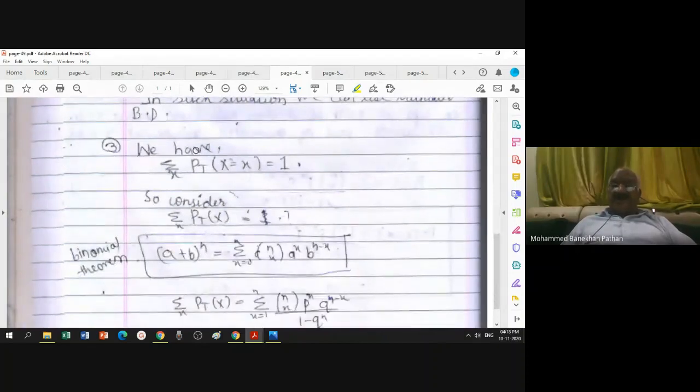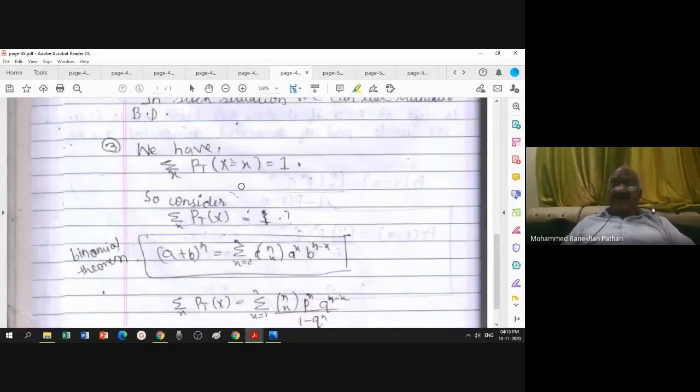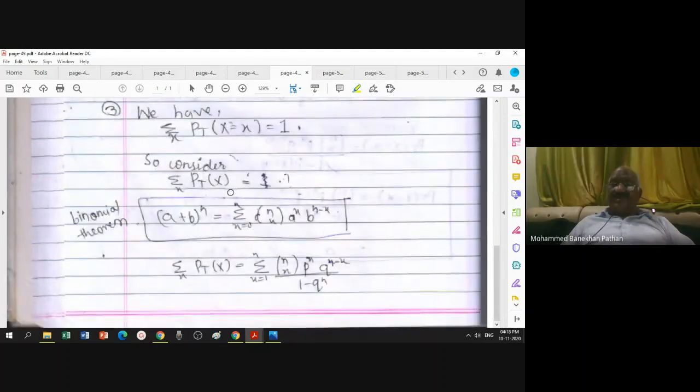Now the third remark is: can I say the function which I defined is a PMF or not? When will it be a PMF? If the total of probability equals 1, then it will be a PMF. Otherwise, it will not be a PMF. So you can verify the total of your function. That should be 1. Let us take the total of the left hand side.